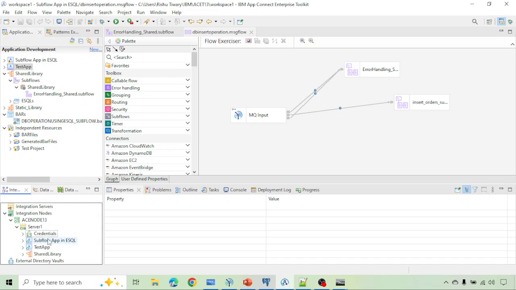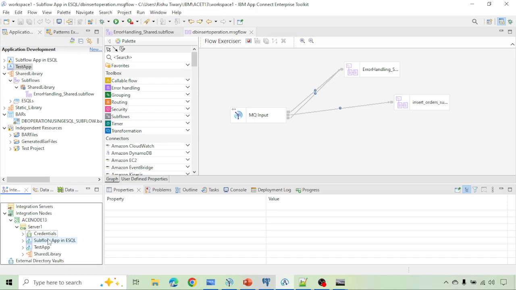Point number one, when we use a shared library with an application, first we need to deploy the library. Second, you need to deploy your application, and the application does not keep a private copy of your